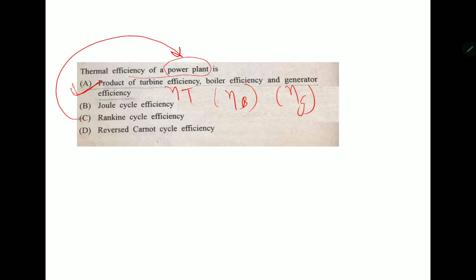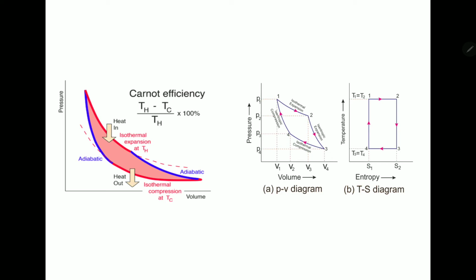Now let's discuss some important facts about the Carnot cycle. The Carnot cycle mainly consists of four processes: isothermal expansion, isentropic expansion, isothermal compression and isentropic compression. The PV diagram and TS diagram are both important from an interview perspective. Normally the Carnot cycle is used to compare other cycles. If any inventor claims something about his engine, we can check his claim by comparing his engine with the Carnot cycle.